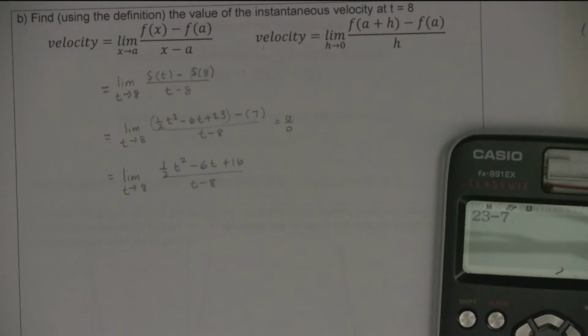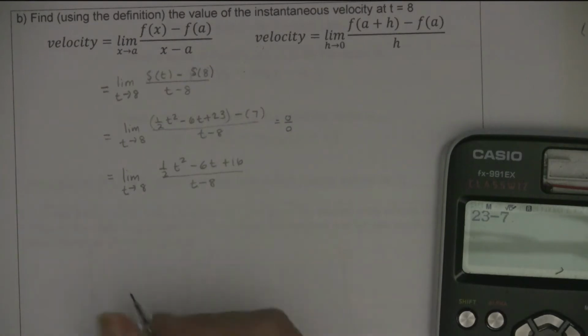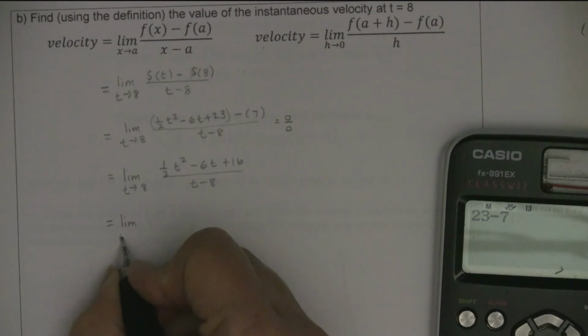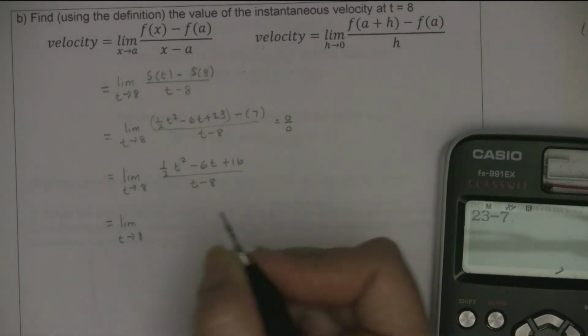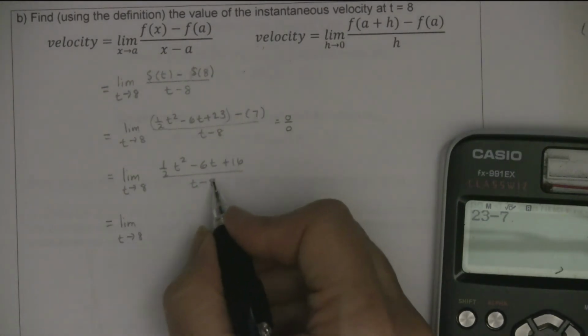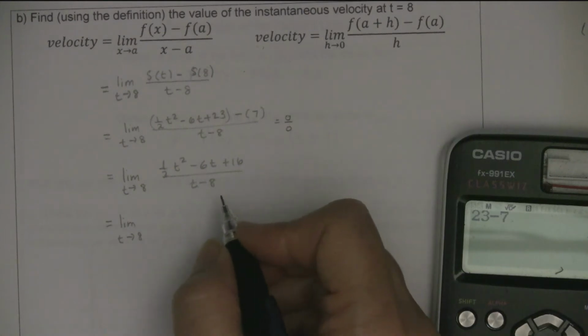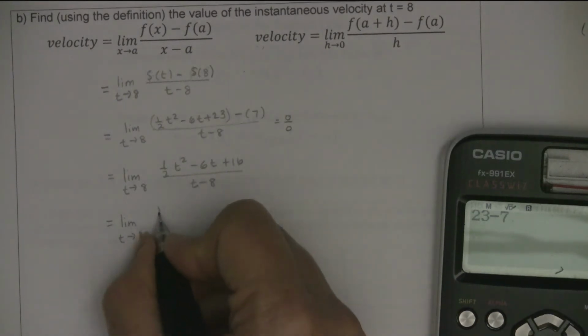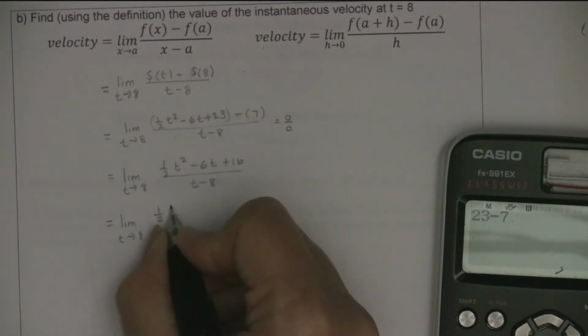I think it would be easier to factor if I factored out the fraction. When you have something in indeterminate form with a polynomial divided by a polynomial, you want to factor, and I want to cancel the t minus 8, so I was thinking, if I factored out a half here in the front,